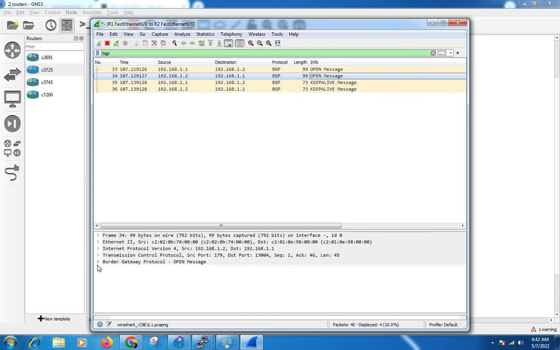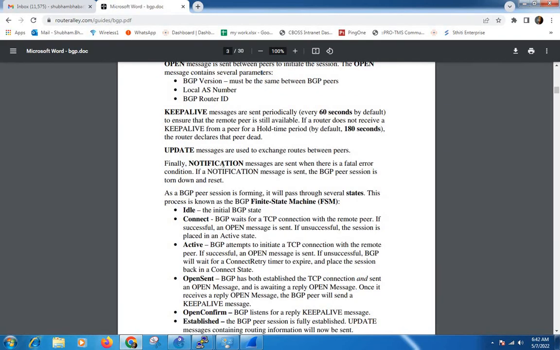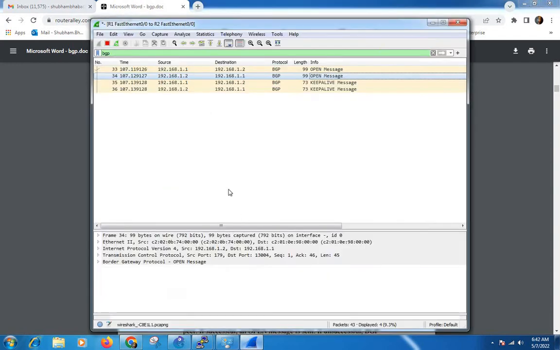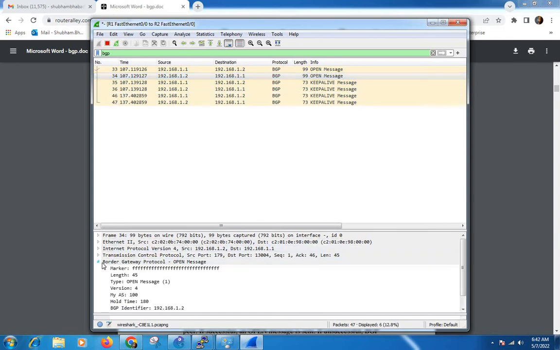So what is our first packet? The open packet. It consists of the version number, AS number, and BGP router ID. We will verify this. This is the open packet, so we will open that packet.